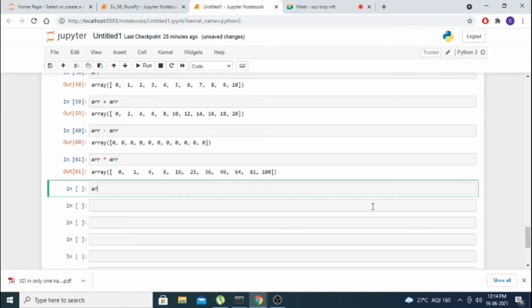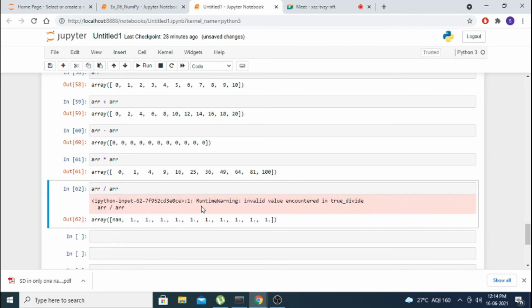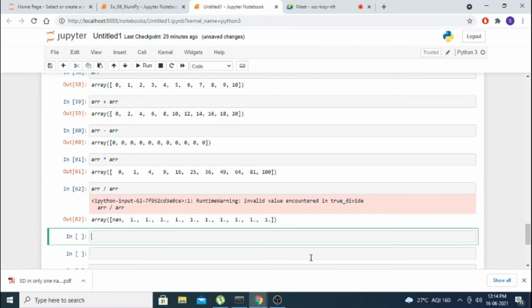But here it will not give an error message, it will give something called a null object. It gives a runtime warning, and you get NaN, not a number. But for the remaining, 1 divided by 1 is 1, 2 divided by 2 is 2, like that you get all the outputs. But this one is non-applicable, like that it will come.